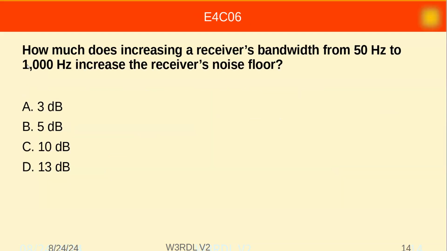How much does increasing a receiver's bandwidth from 50 hertz to 1000 hertz increase the receiver's noise floor? So you're going to go from 50 hertz wide to 1000 hertz wide, which means I'm going to pick up more noise. You can double it and so it's 3 dB and